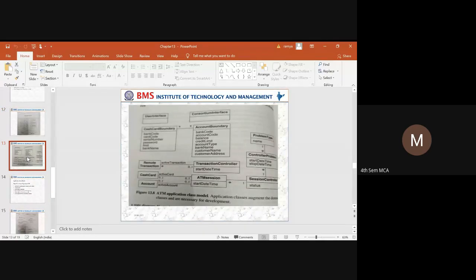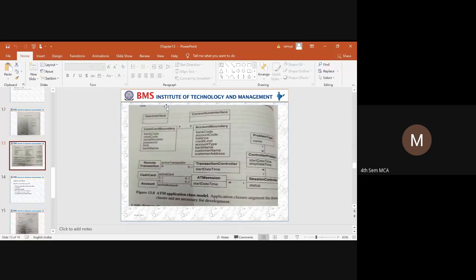With respect to the application, we can represent a class model. We have a user interface, a consortium interface, a cash card boundary, an account boundary, a problem type, a controller problem, a session controller, remote transaction, cash card, account, ATM session, and the transaction controller.